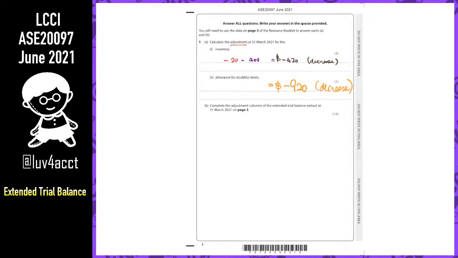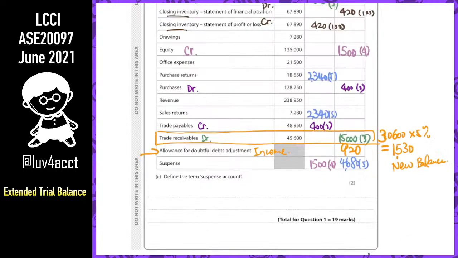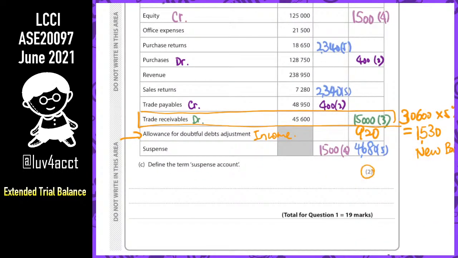So up to now, we have finished part A and B. That will give you 3 marks here and also 14 marks here. Next we have to define the term suspense account. We have explained this suspense account for more than one time. For me to score the 2 marks,